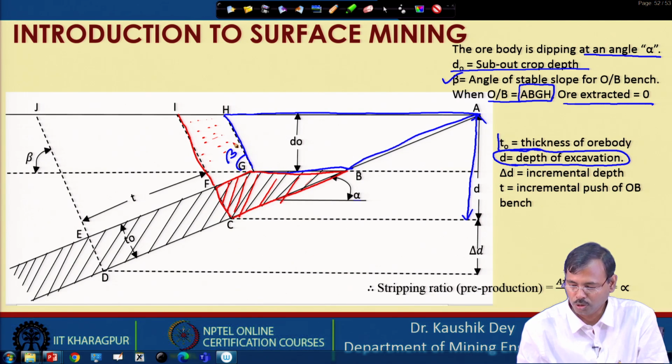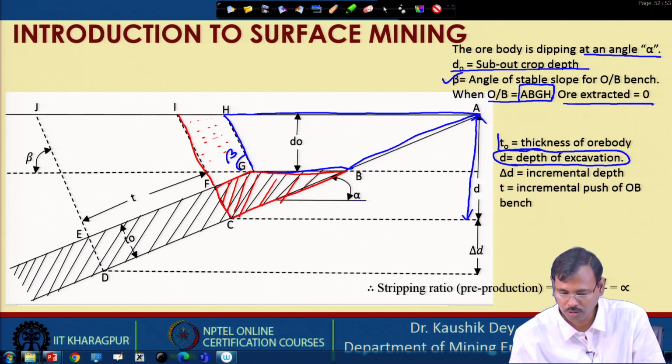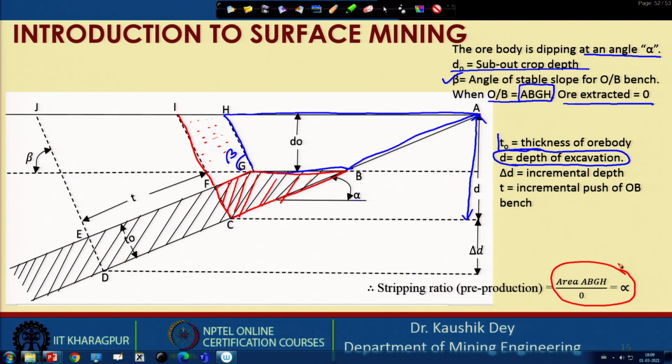So, your pre-production stripping ratio was area ABGH by 0, so the stripping ratio becomes infinity here, but at an excavation depth of D, your stripping ratio will become